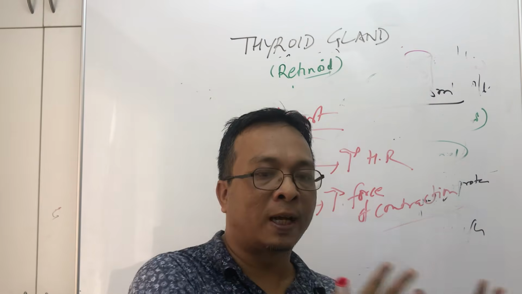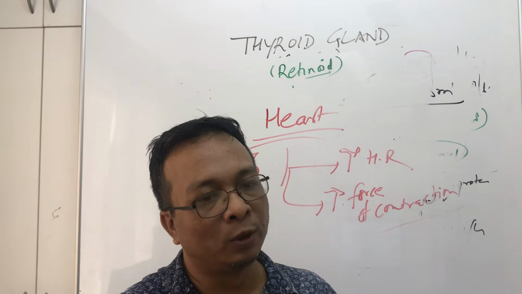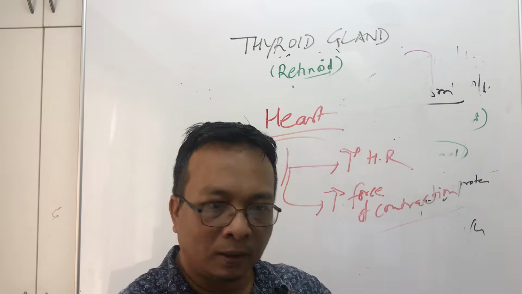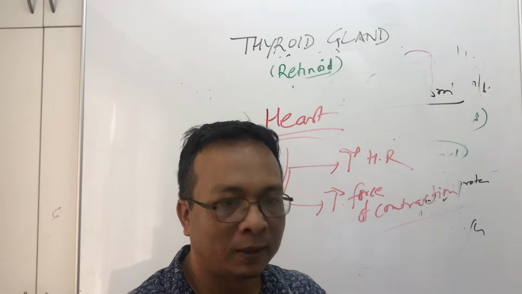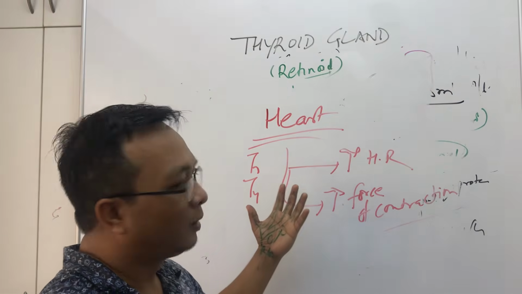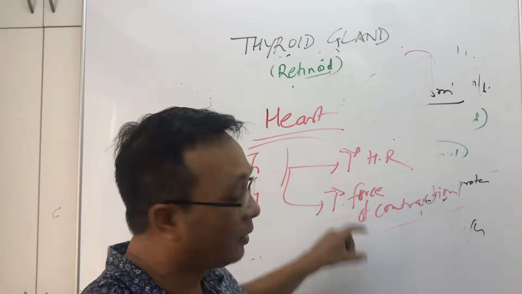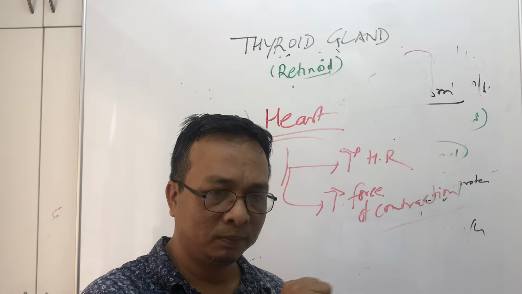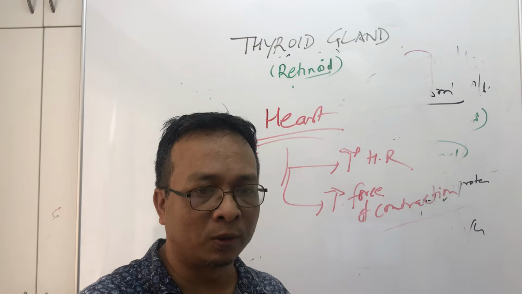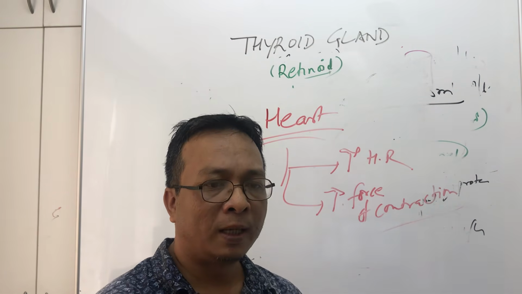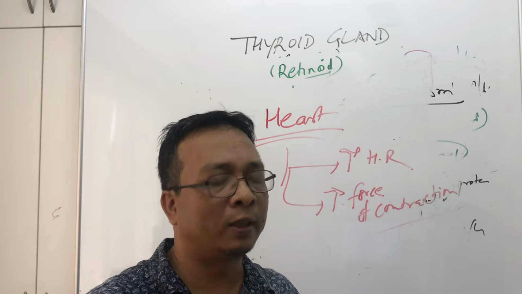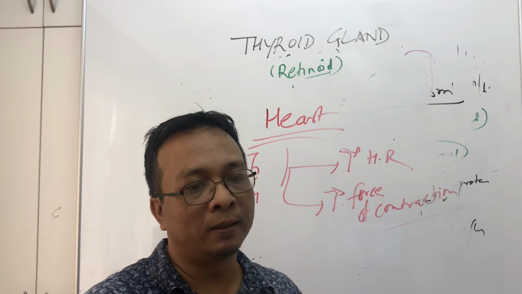You cannot see a hyperthyroid patient with a pulse rate of 72 beats per minute. Then that is not a hyperthyroidism patient. So if you find a tremor and the pulse is 72, that's not a hyperthyroidism case. You have to connect these things. T3 and T4 significantly increase the heart rate and the force of contraction. The heart will pump more. Because of increased pumping of the heart, they may complain of palpitation, anxiety, restlessness, all those things, and lack of sleep. You cannot sleep if your heart is pumping in a high volume.